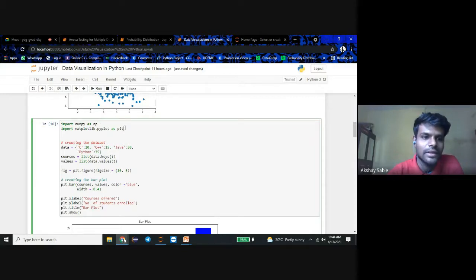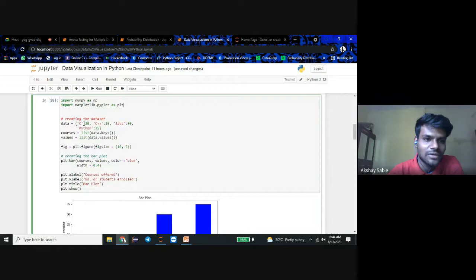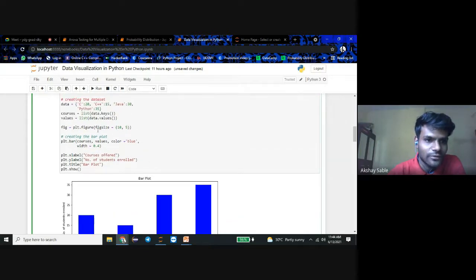We create a data set as a dictionary: C: 20, C++: 15, Java: 13, and Python: 35 courses. We declare a courses variable as a list of data.keys, and values as a list of data.values. We create a figure with figsize equal to 10, 5.